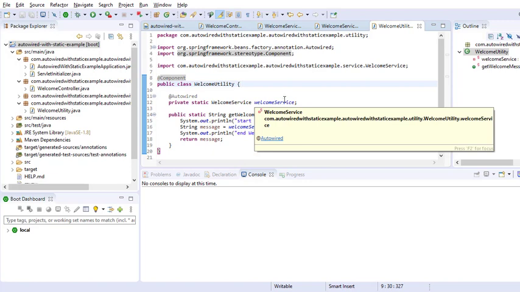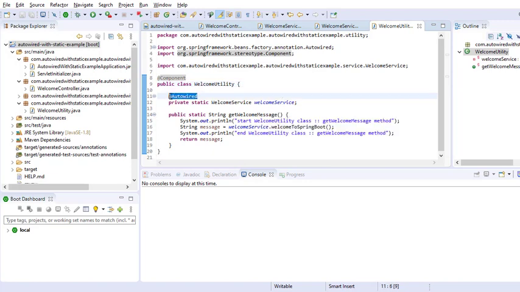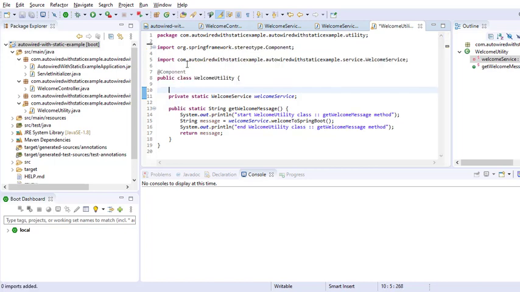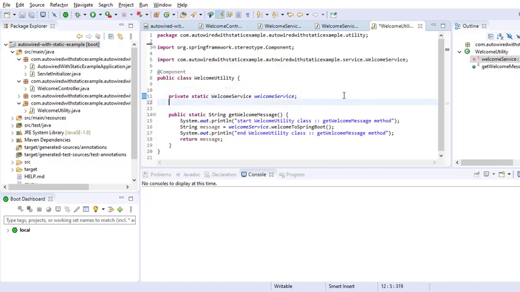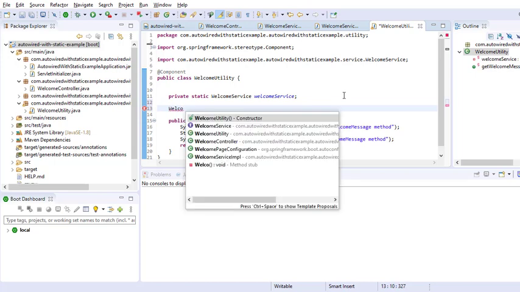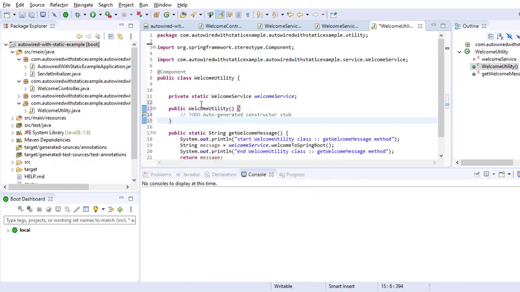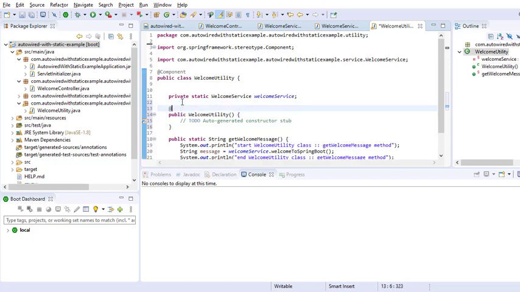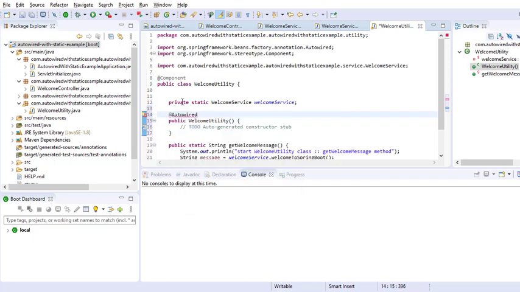After that, simply define a private variable of reference of the WelcomeService class here, and then simply write a constructor WelcomeUtility and mark this constructor with @Autowired annotation.